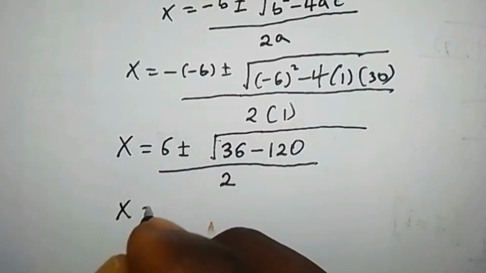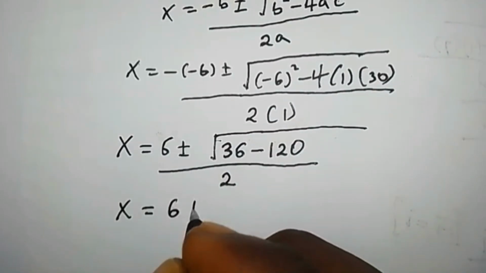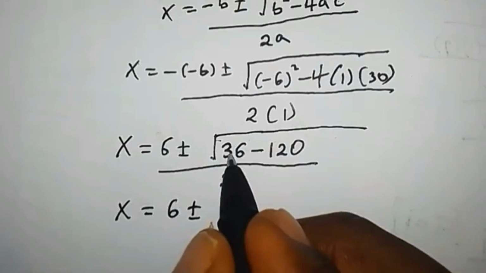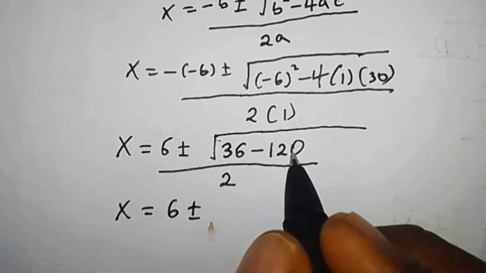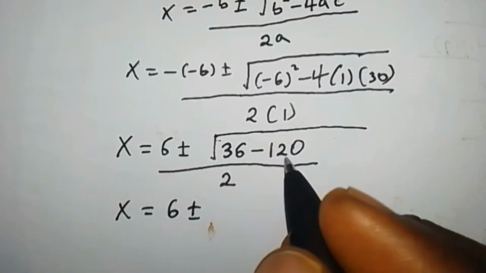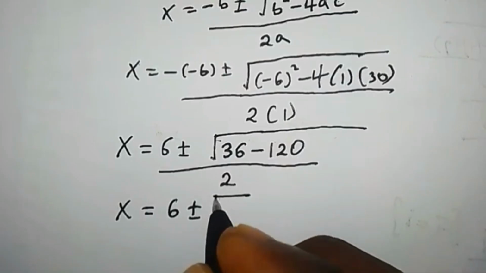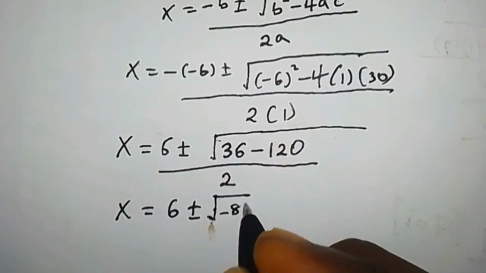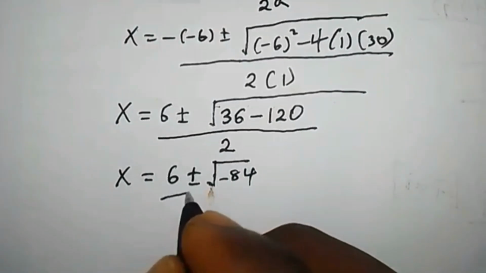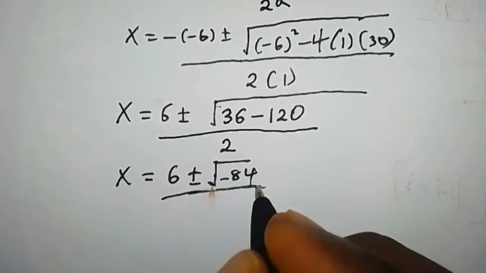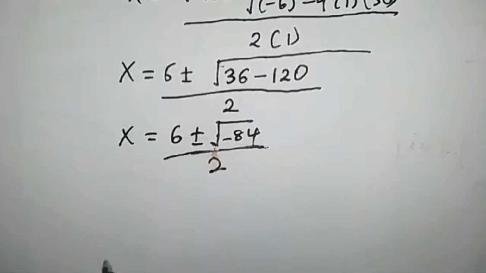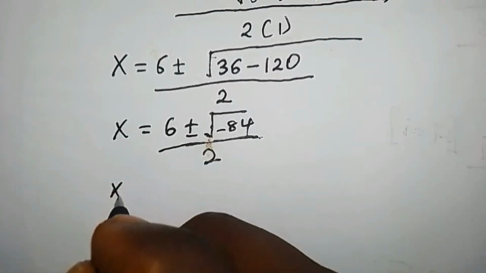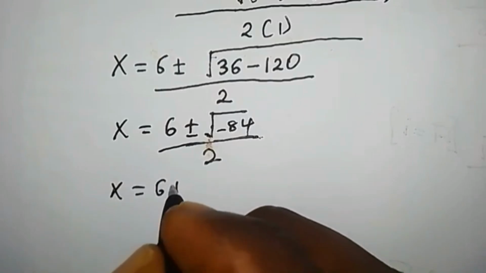So x is equal to 6 plus or minus 36 minus 120, that is minus 84. So we have square root of minus 84 divided by 2. Let's continue. x is equal to 6 plus or minus